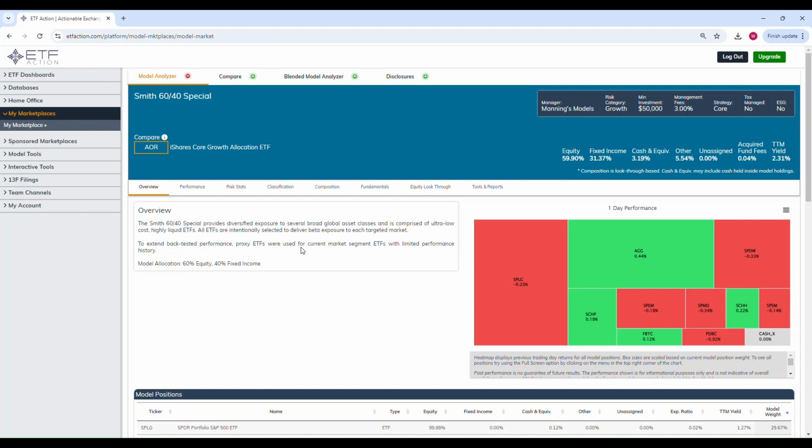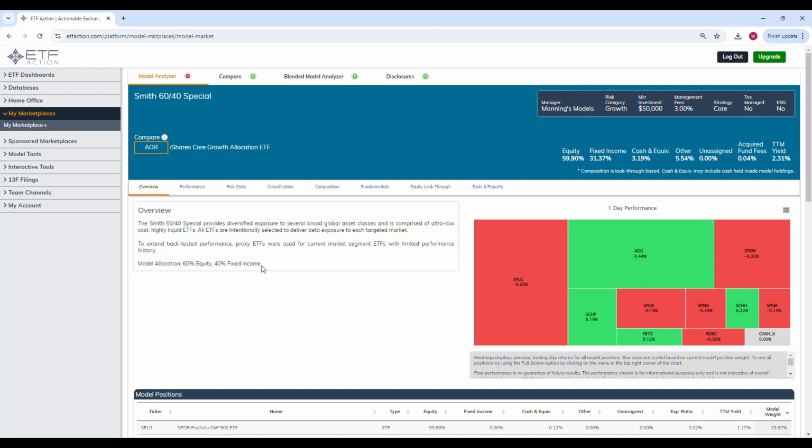So certainly looks a lot more professional, not only from a reporting aspect, but if you pull up the ETF Action site during a meeting with a prospective client, certainly looks more professional. Now that we've spruced this model up a little bit, given it a facelift, now we need to make it